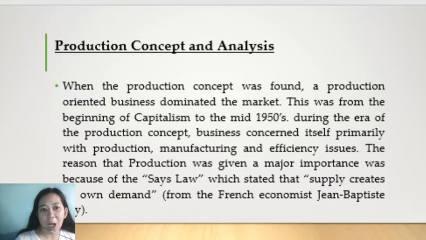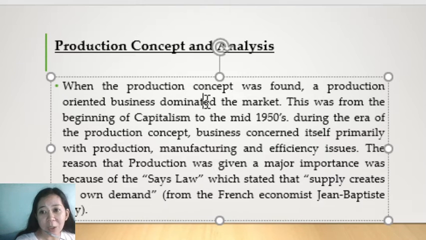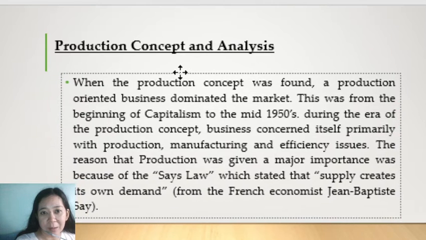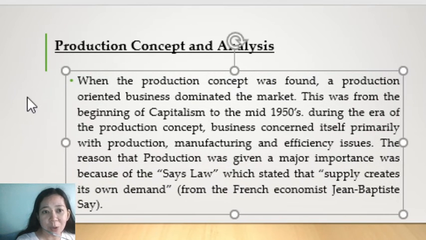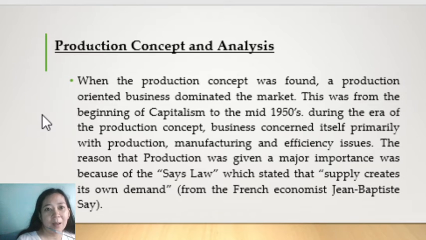Okay, so here, when the production concept was found, a production-oriented business dominated the market. This was from the beginning of capitalism in the mid-1950s. So during this time of the production concept, businesses concern themselves primarily with production, manufacturing, and efficiency issues. The reason that production was given major importance was because of the sales law,